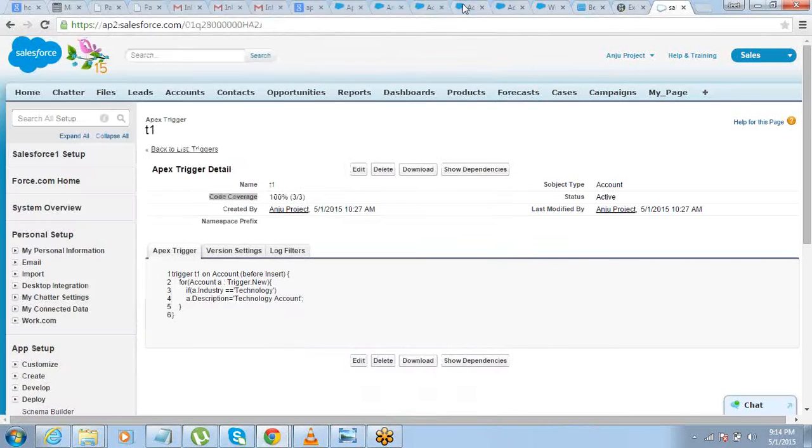All right. So this is what we have to do. After every trigger you write, you'll have to write a bit of code which has some sample data, and then that performs the operation, and then you just check whether the results are positive. That is something which needs to be done.